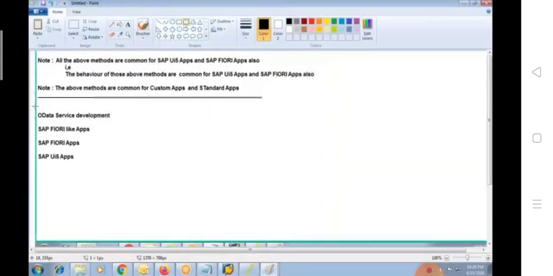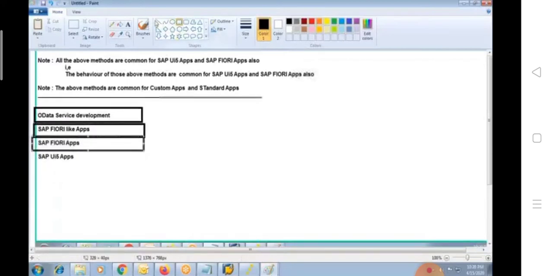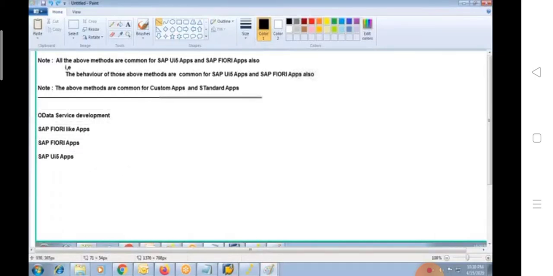There are 4 things we are going to discuss, but from a real-time point of view, OData is important. Fiori-like apps are important. Fiori apps are important. UI5 apps, I think nowadays they are not using it. I am going to explain practically, no need to worry, but from a real-time point of view, 95% of the clients are trying to use the first 3 options.